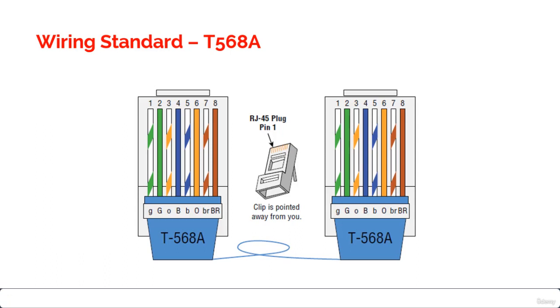The answer is the position of 4 wires on one side of the cable, and that's it. Now this only leaves the wire pairs to connect to pins 1, 2, 3 and 6. Remember, if we connect the green-white, green, orange-white and orange wires to pins 1, 2, 3 and 6 respectively on both sides of the cable,